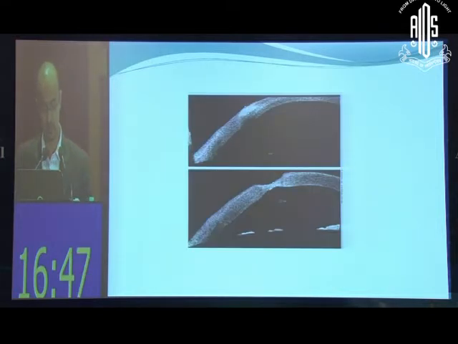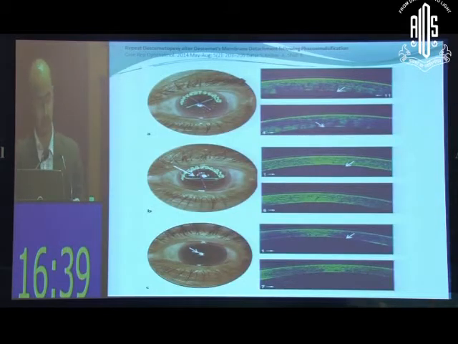But very interesting features that you see on anterior segment OCT. This is a LASIK flap that you can see, and this is another interesting patient who was treated for cataracts. He underwent phacoemulsification and was not doing well, and was developing cystoid macular edema which was not responding to the treatment, and you can see a small thin layer here which is definitely a Descemet's detachment, and which was repositioned with the help of injection of gas, and the patient's macular edema resolved. Here you can see a bandage contact lens over it.